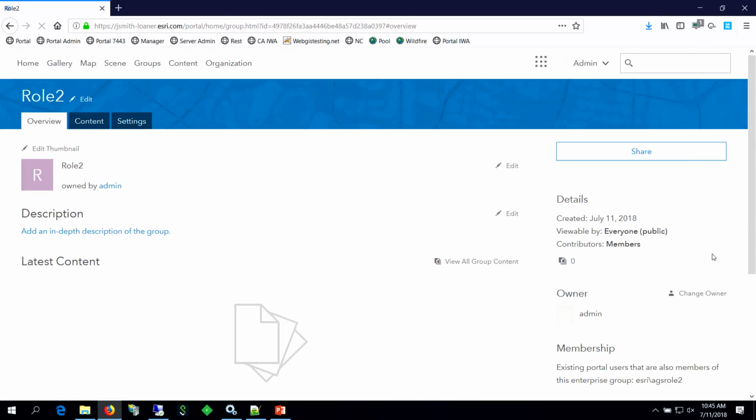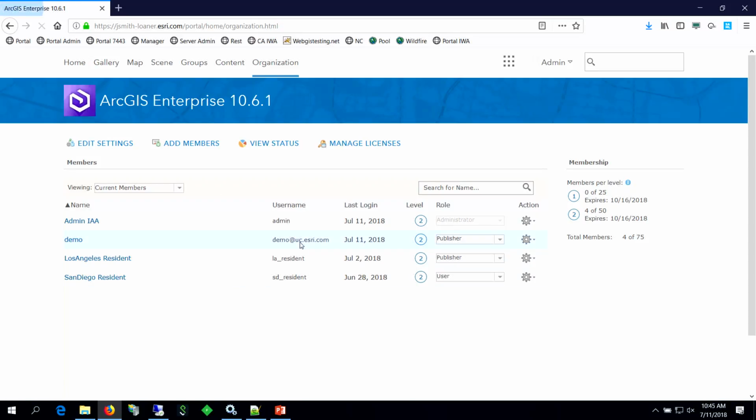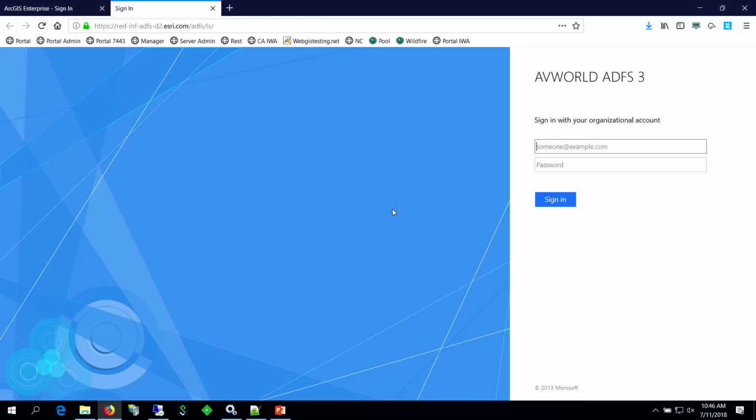And right now, it's a brand new group linked to an enterprise account, and there are no members in it yet. If I click back on my organization, the only enterprise user I have in here is the demo account, and the demo is not a member of that group. But if I log out and sign in as another enterprise user,